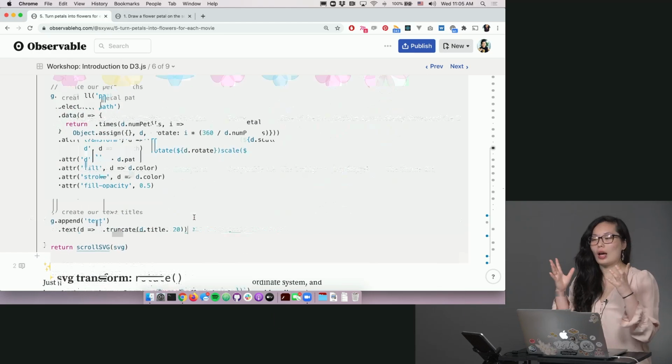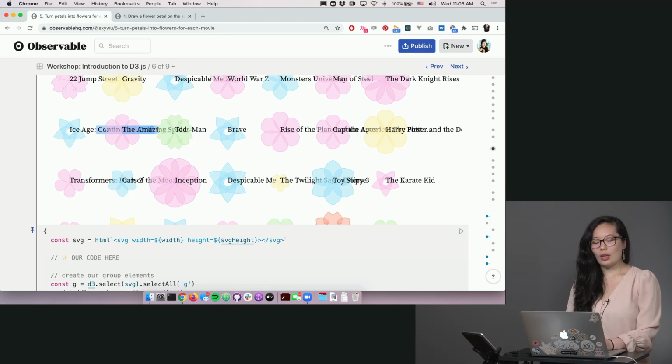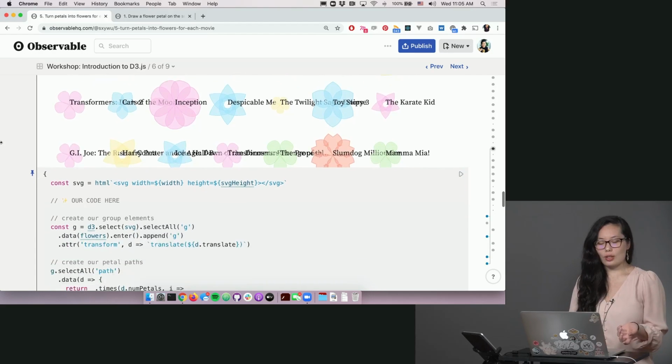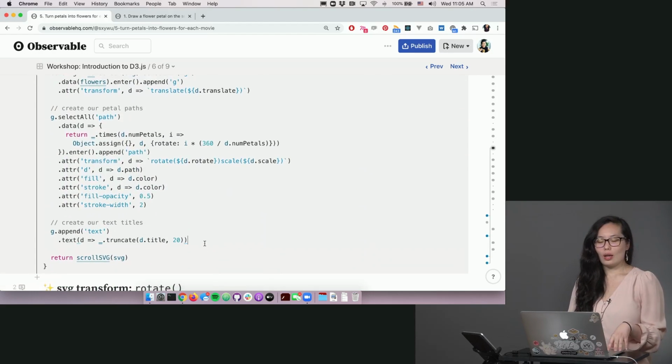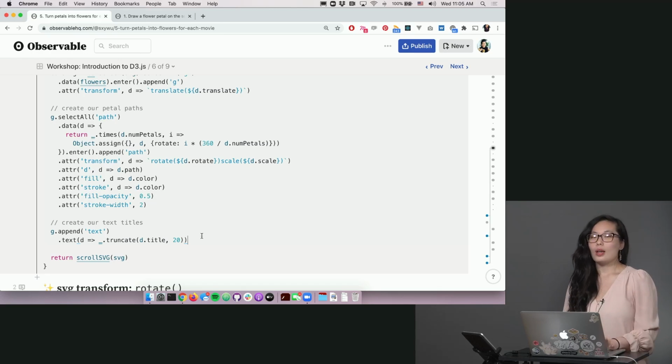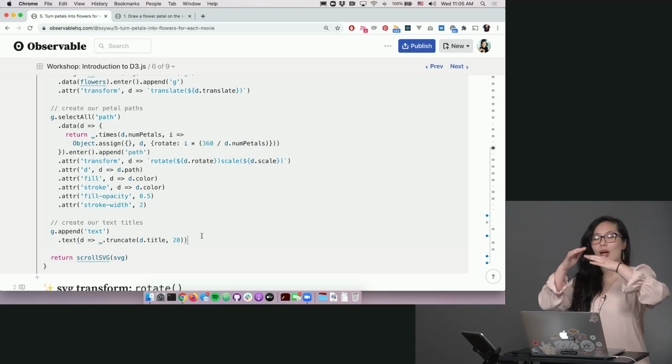So for some of these longer titles, if I was to use HTML divs, then it will look a lot better because then I don't have to truncate. But for the sake of this exercise, because I wanted to show the nested elements and nested selections, we're going to use text, and we're going to truncate. But from a design standpoint, usually for data visualization, I wouldn't truncate like this. I would have it